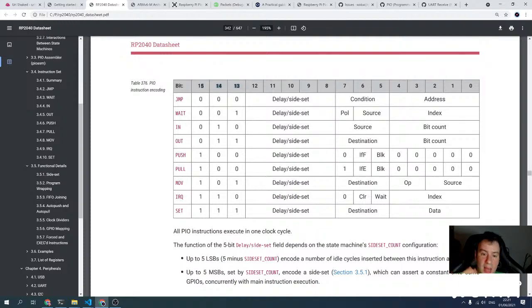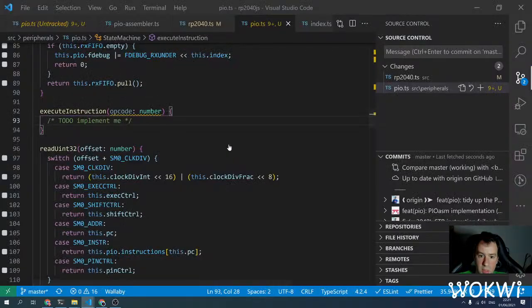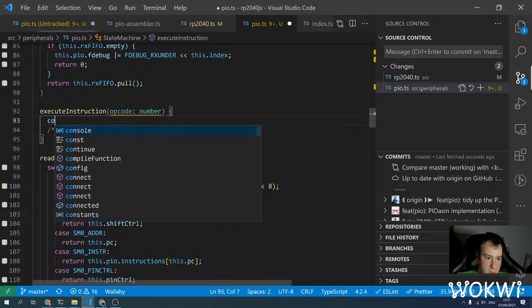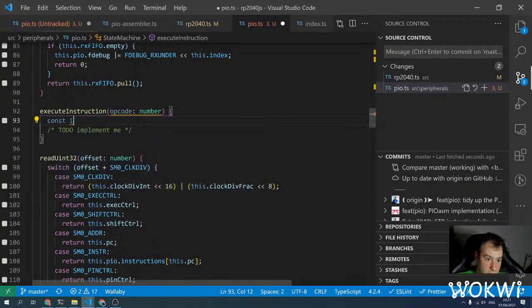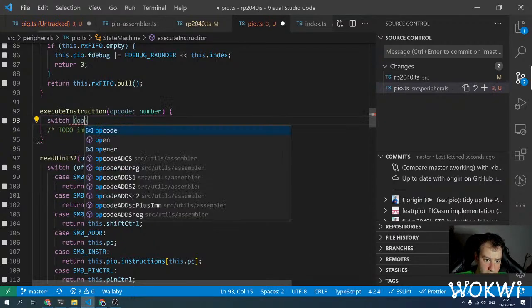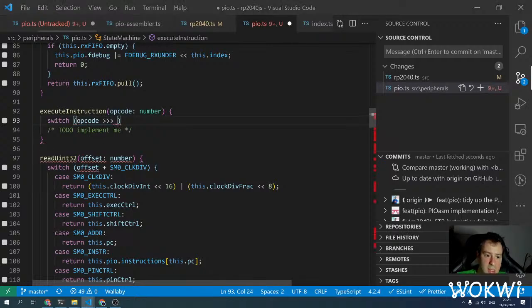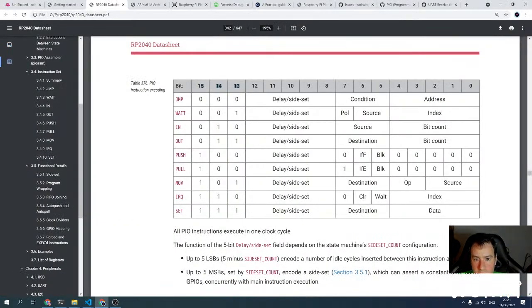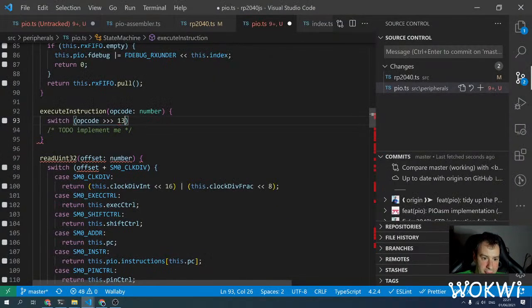So these are the high 3 bits. So we can probably, or we can just switch opcode shifted by, so those are bits 13,